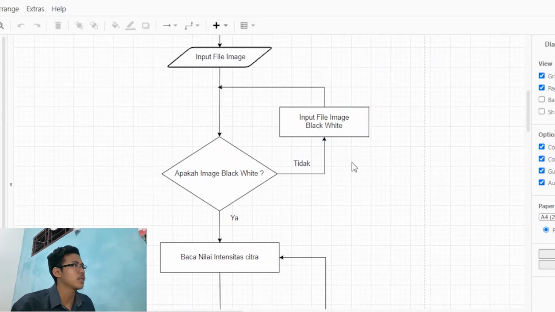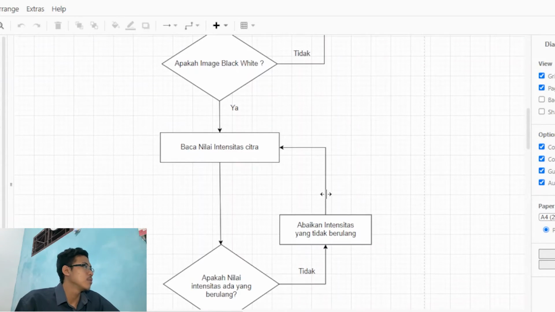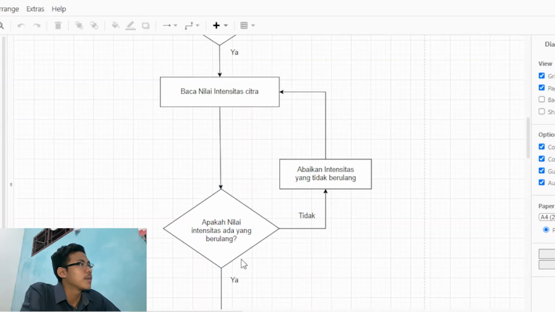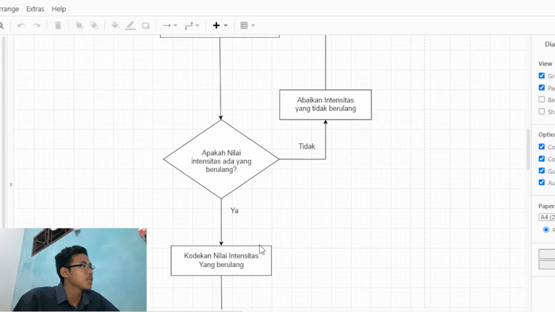If yes, it enters the process of reading the image intensity values, then the question: is there a repeating intensity value? If not, it enters the non-repeating ignore intensity process, and if yes, then it enters the process of coding the intensity value